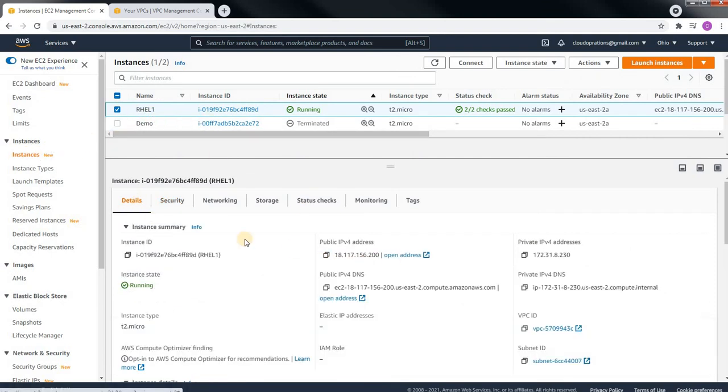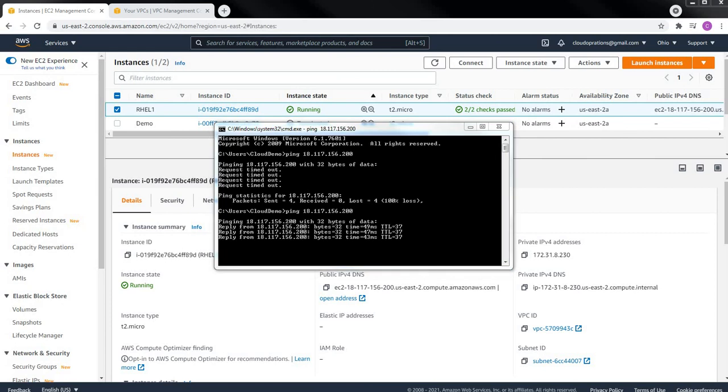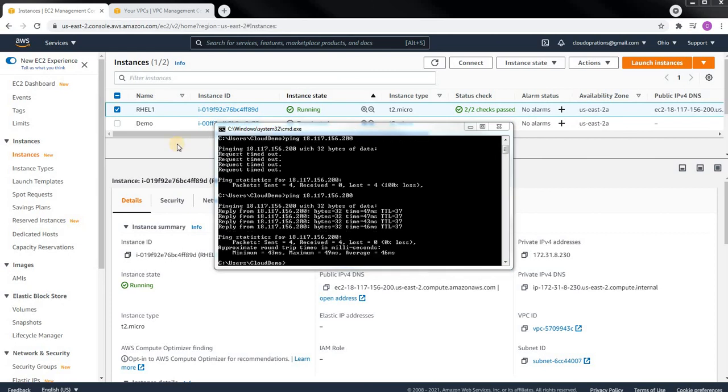Now select the server, copy the IP address and ping again. Let me open the command prompt, ping, and hit enter. Let's see. You can see it is pinging now.